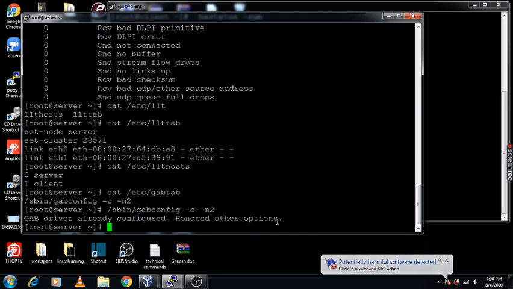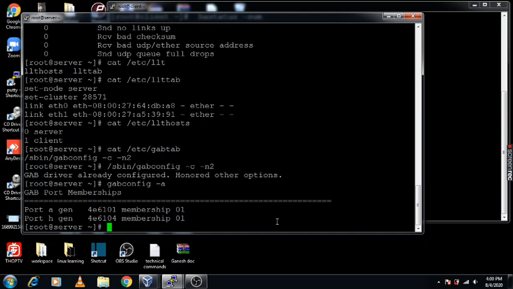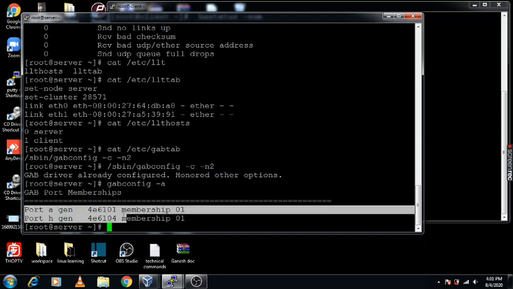Another command is gabconfig -a, which will show the jeopardy membership for both the nodes.